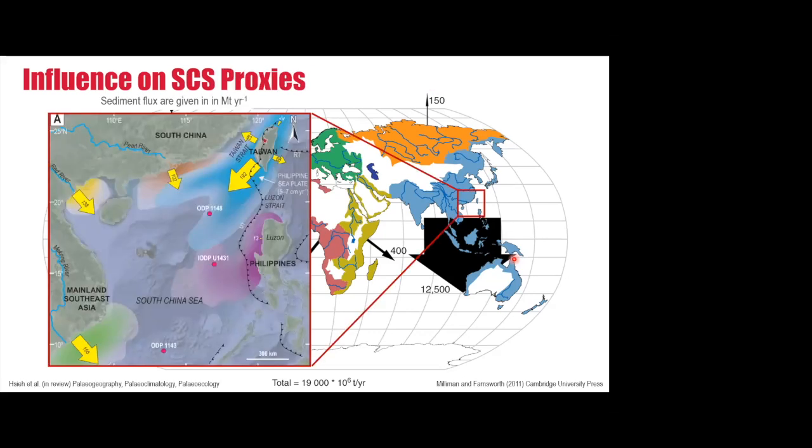And one of the biggest contributors of sediment to the South China Sea is Taiwan. And this island, which accounts for less than 1% of Earth's surface, delivers around the same amount of sediment each year as the continental United States. So what I want to know is if and how did the evolution of Taiwan impact South China Sea monsoon proxies? And to do this, I looked at 3 records from the northern, central, and southern South China Sea regions and compared them to the data that we have from the Western Foreland Basin in Taiwan.